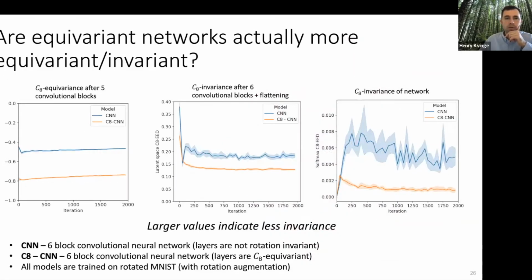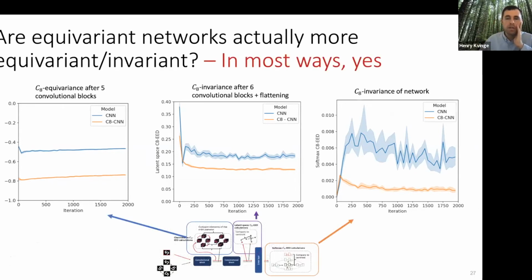Okay, so the first question we ask: are equivariant networks actually more equivariant or invariant? And how is that invariance learned, if we can say anything about it? The answer that we came up with, and I should show which part's which, is that the equivariant networks are more consistently equivariant. In this case, equivariant is orange. It is actually C8 equivariance, for the cyclic group or rotation group of order 8.